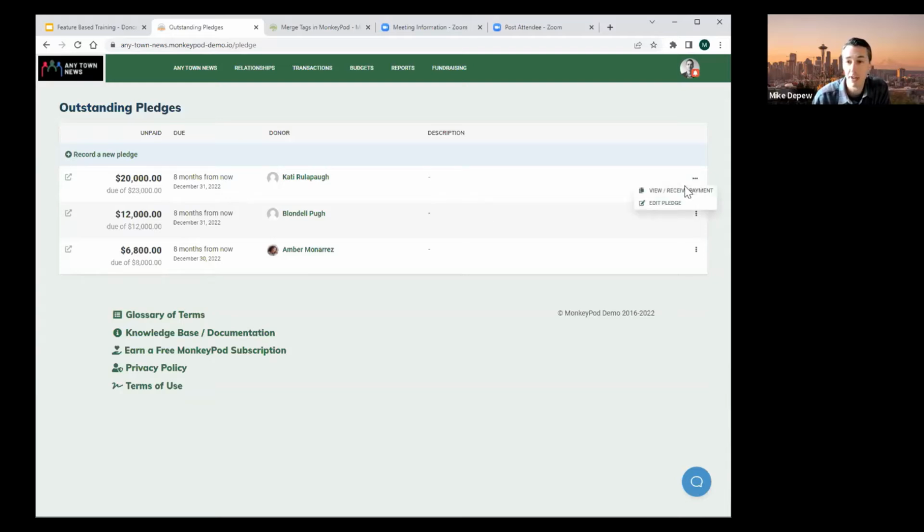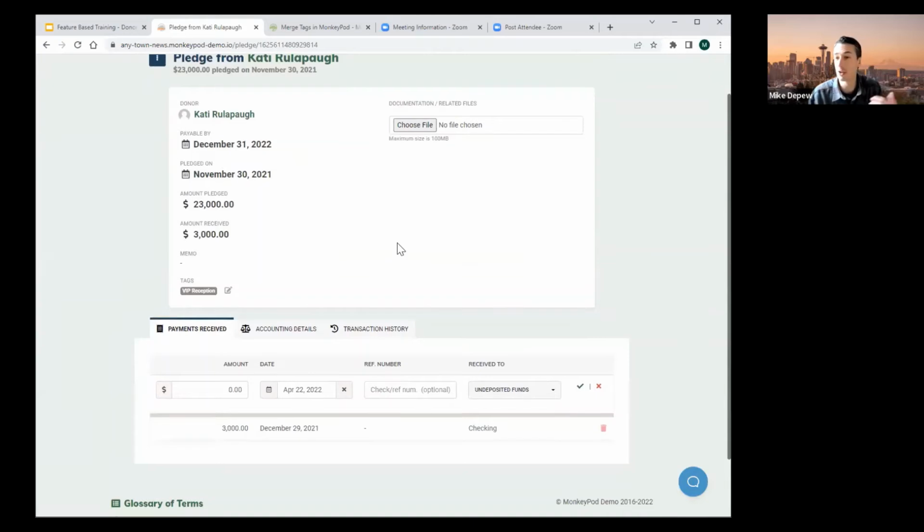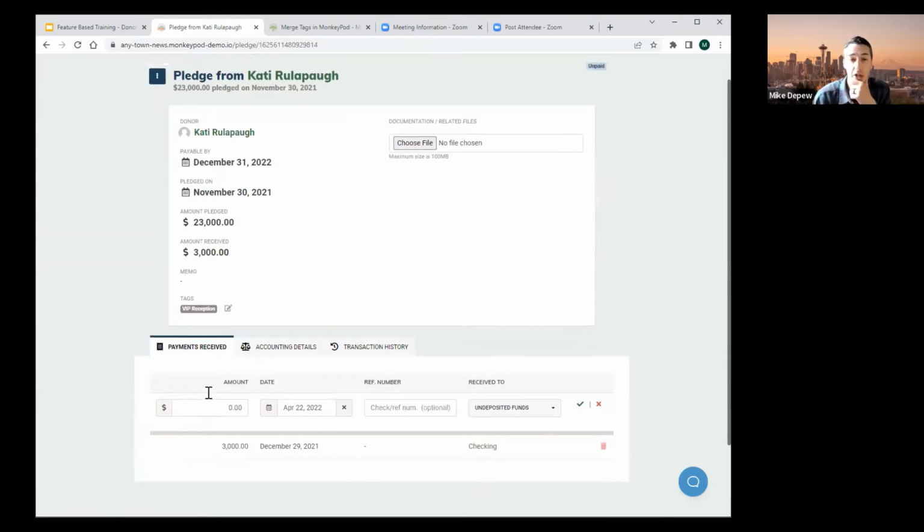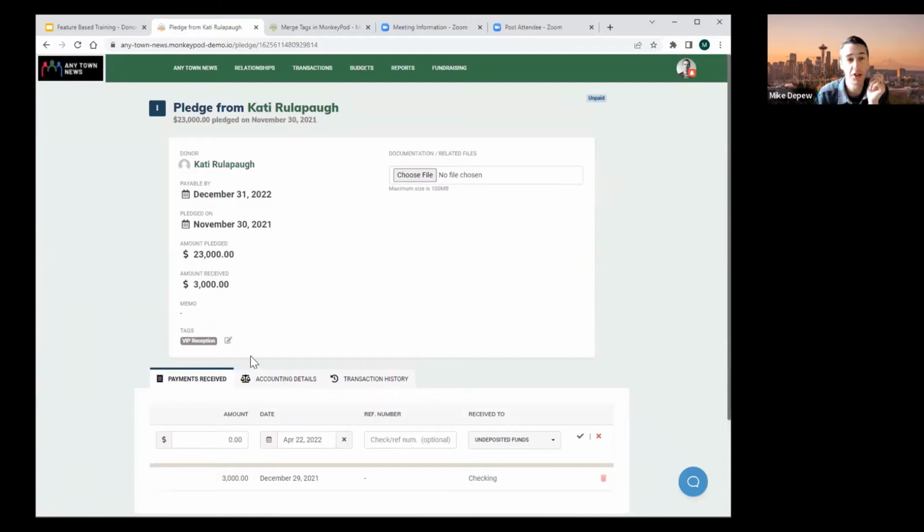I can then even come in to view or receive that payment, and I can see the original pledge when it was done, and add additional amounts if a donation comes in on that pledge. An important point to note for MonkeyPod is that when we handle pledges, if you go to record a new